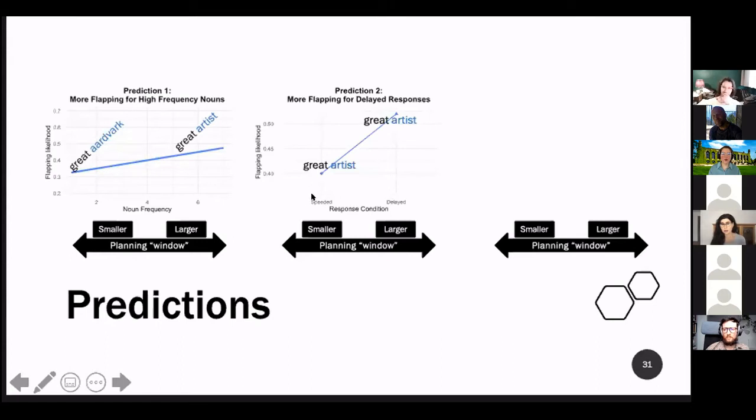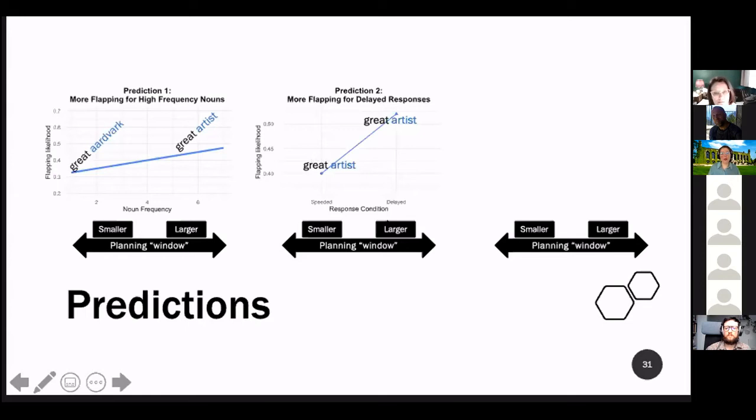Secondly, we had some predictions about the differences between the speeded condition and the delayed condition. So here on the x-axis now I just have the difference. So now I have speeded condition and delayed condition on the right, still flapping likelihood along the y-axis. And we just expect that for any given phrase, right? So even for great artist and great artist, if you force people to start talking more quickly, as in the